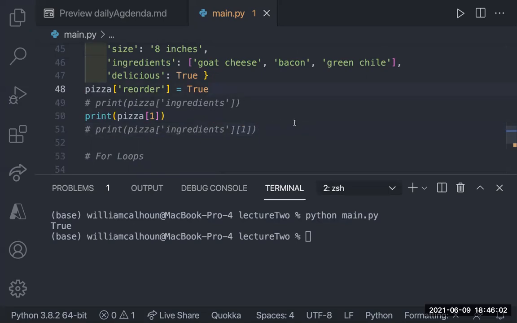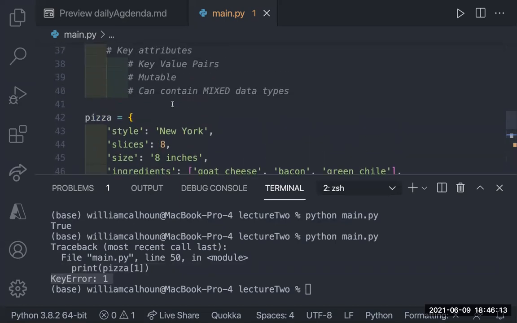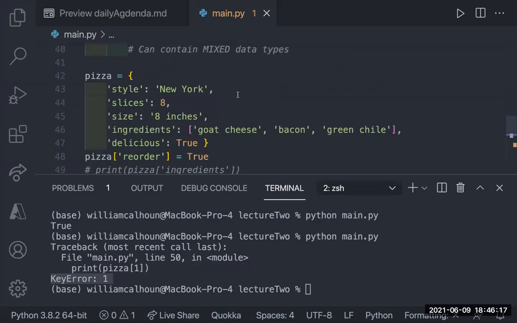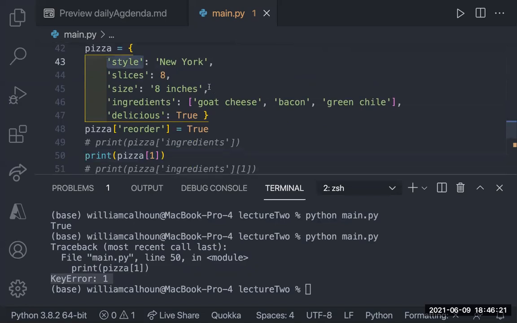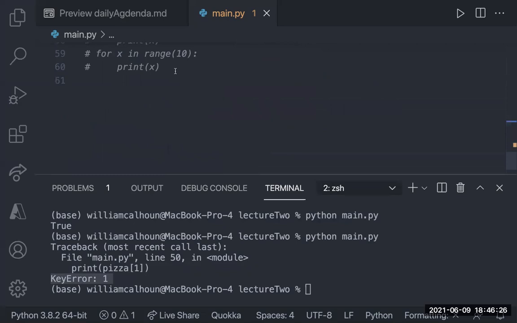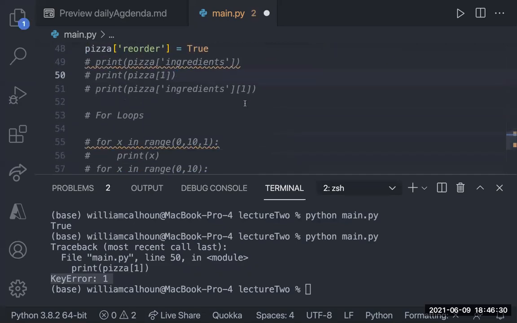Let's see. I don't think that'll work. Yeah. Because it's saying a key error, that's not a key. You didn't give me a key. You just gave me a number. So again, with lists, we can target by the number, like the position of our list. With a dictionary, we target by the key. In the same way, I don't have keys in the list. I couldn't just say like first or something. I have to say 1. So yeah. Good question though.